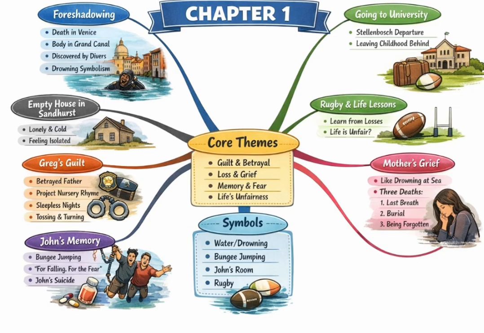So if we take a step back, what does this kind of deep dive into just one chapter really tell us? Why is it so important to see all these layers? It means you can't just read chapter 1 as backstory. It's not just information you need to get through. It is crucial structural content. The blueprint. The blueprint. When you understand how the author is using water symbolism and the foreshadowing and the setting, that's how you unlock the novel's engine. It prepares you to really get the book's whole argument about memory and justice and what it actually costs to survive. Once you see the pieces working together, the entire narrative becomes richer.